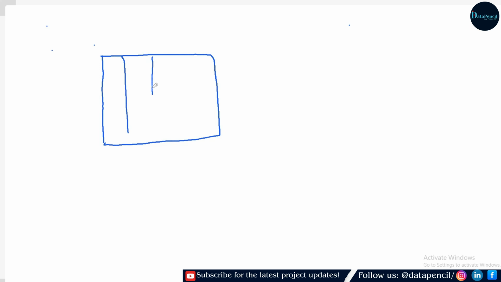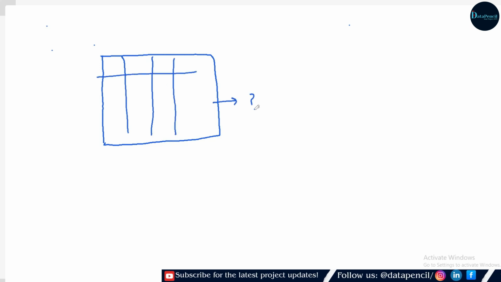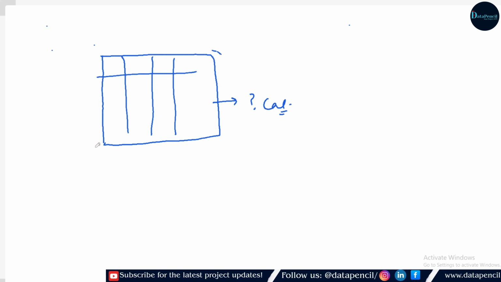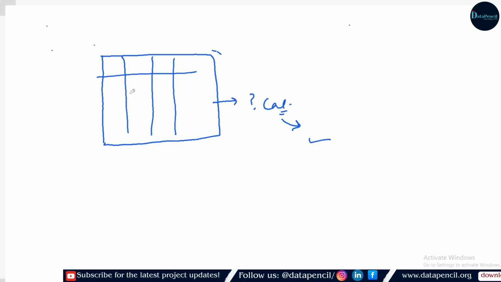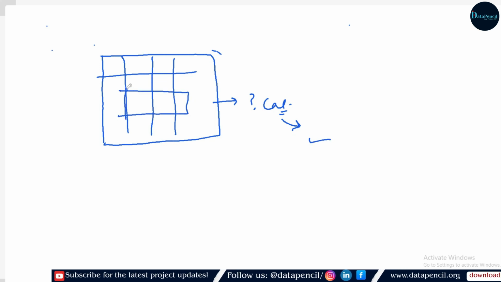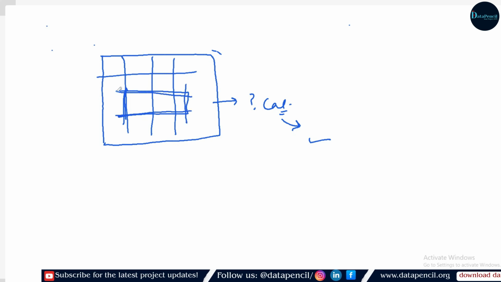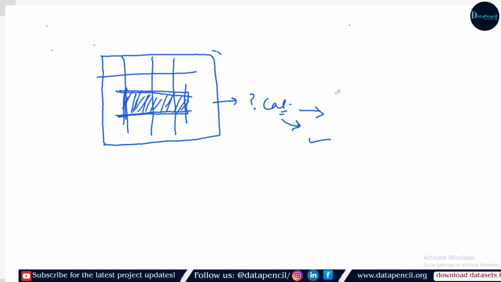So now let's understand what window functions are. Suppose this is the table on which you want to work. Now your target is to do some calculation, but you don't want to do this calculation over the entire table. Your purpose is to calculate your data for some specific rows only. For that, you will create a window, and whatever data you are seeing through this window, you will do the calculation for that data only. We perform this whole process via window functions.